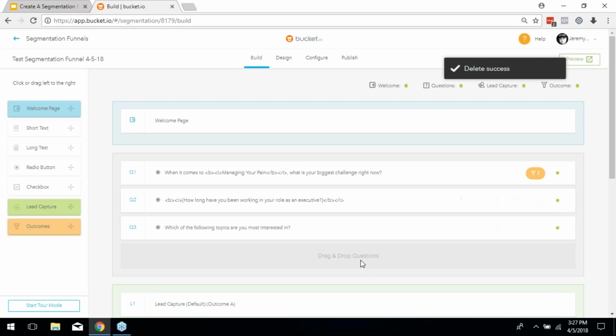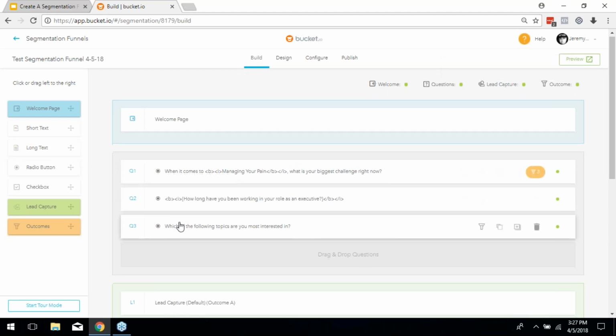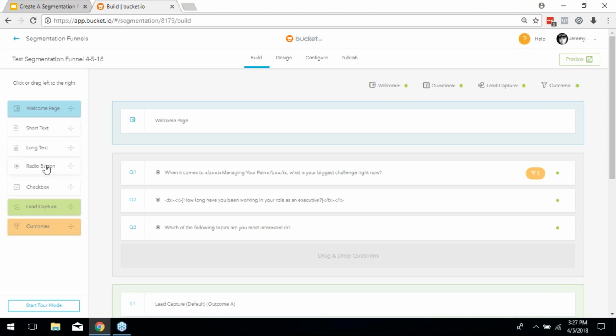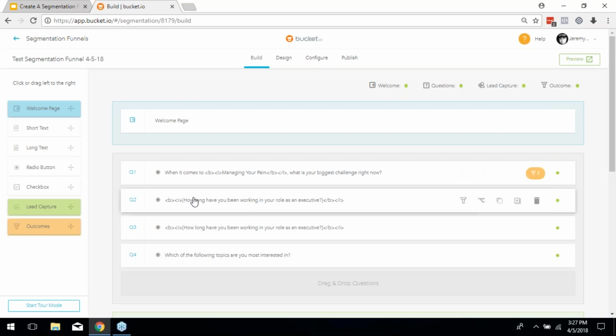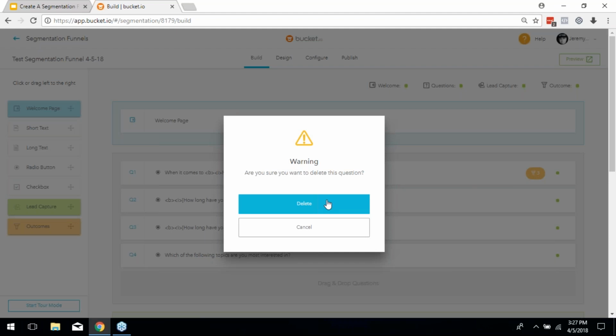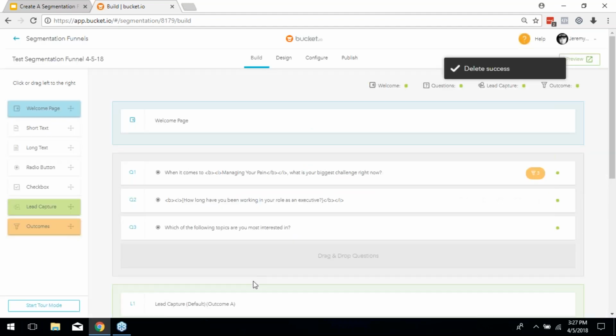And then if you're thinking, oh man, I really wish I had added the question in, all you've got to do is just drag either one of these option types over here, like a radio button, or I think it's this one right here. You click this clone question, and you can add another question and just go in and edit it. So as you guys can see, it's super simple to